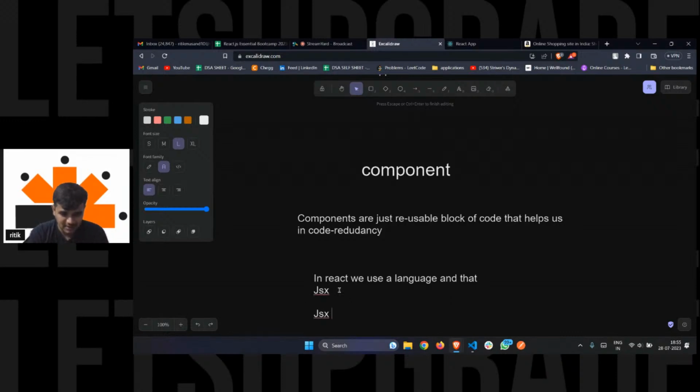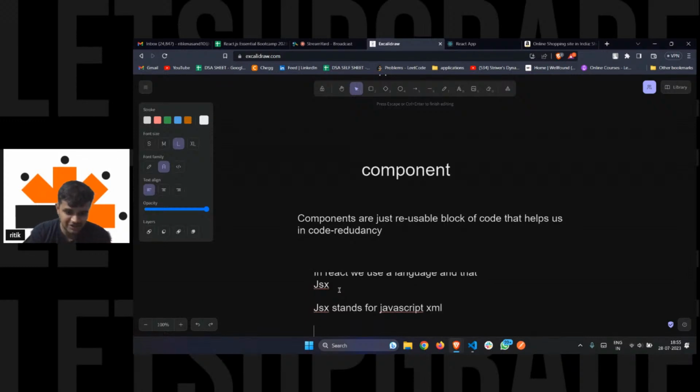JSX stands for JavaScript XML, right? So, one more thing about JSX: JSX is, I would say, closely 100% similar